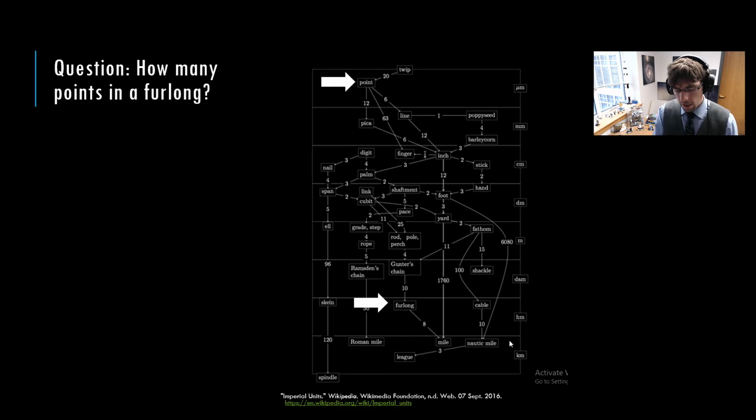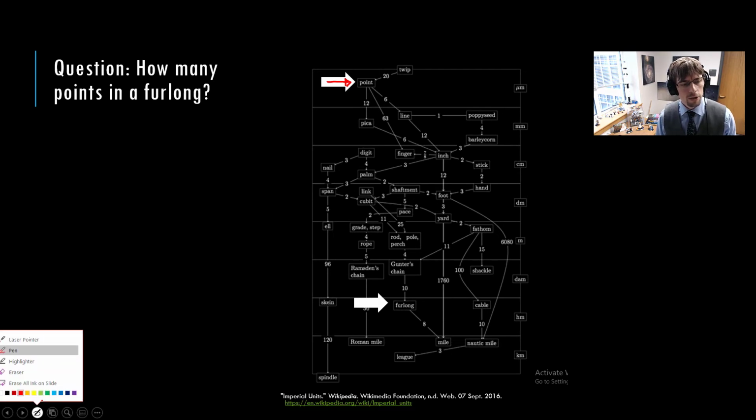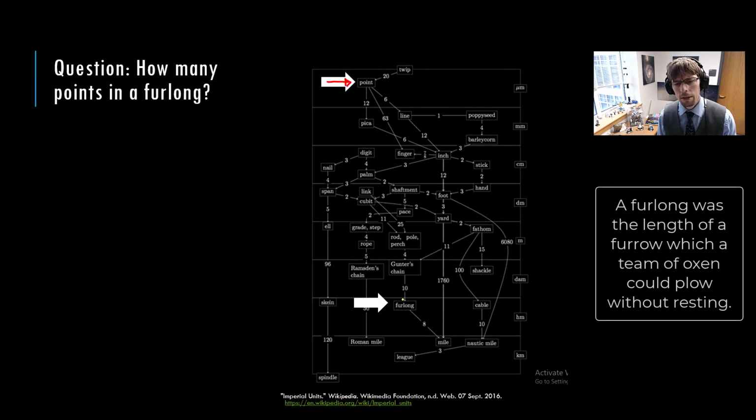So let's take a look here. I say, hey, good practice. How many points are in a furlong? And I have shamelessly stolen this from Wikipedia. And you'll notice that a point is way up here in the top. I've indicated it with this white arrow. And then a furlong, which I believe is a nautical term, I don't remember for sure, is down here, okay,